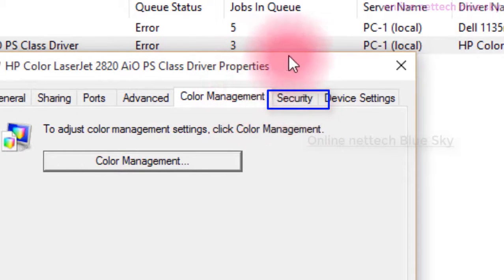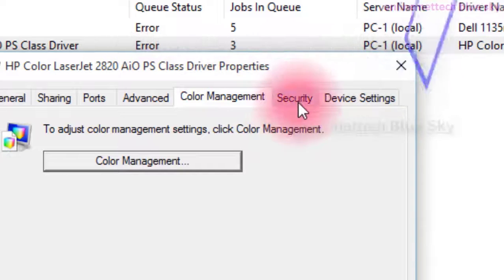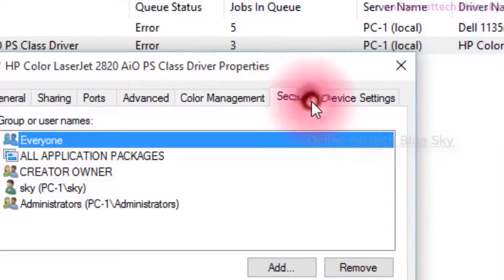So what is security? Security is one type of protection for your printer and your communication: who is a user using the security and which user uses this computer and printer. Security is very important for your printer and your communication printer. So a company always uses security for printers.